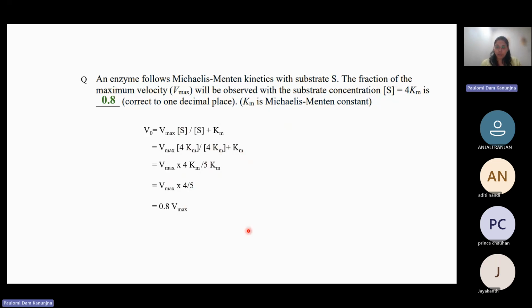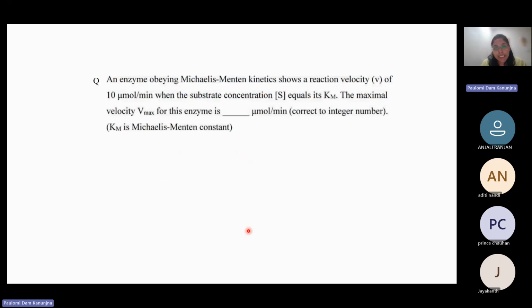Okay, next question. An enzyme obeying Michaelis-Menten kinetics shows a reaction velocity of 10 micromole per minute when the substrate concentration is equal to Km. So the maximal velocity for this enzyme will be,